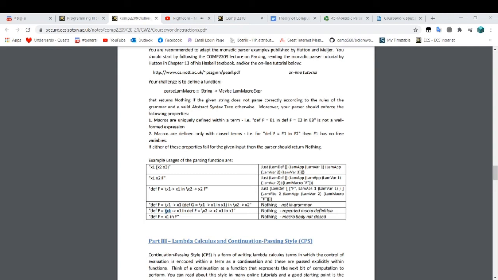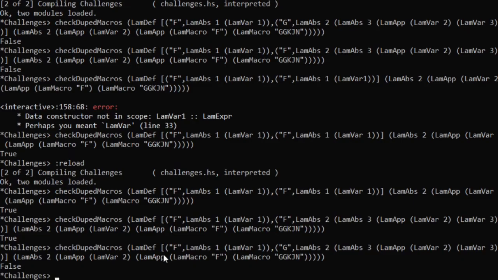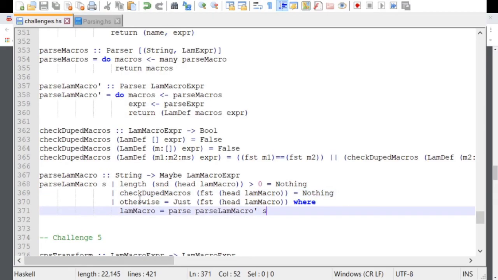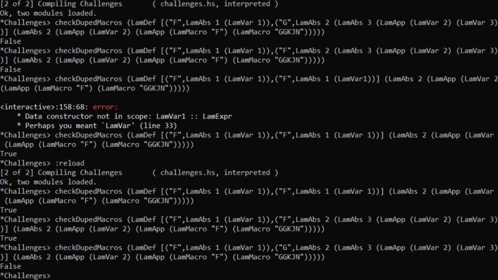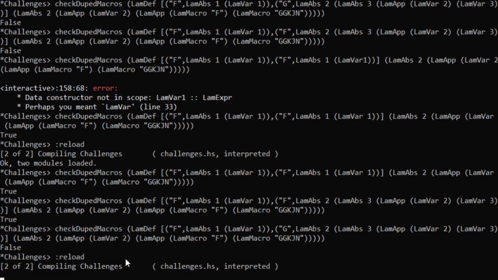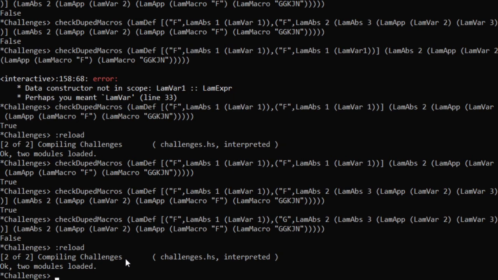So if we run check duped macros on that thing, equals nothing. So now we can, yeah, I forgot to actually put that bit in here. I didn't actually show you me doing that. I just put this line here, right. So now, if I just reload that quickly, we should be able to do